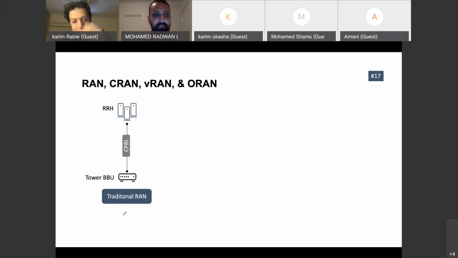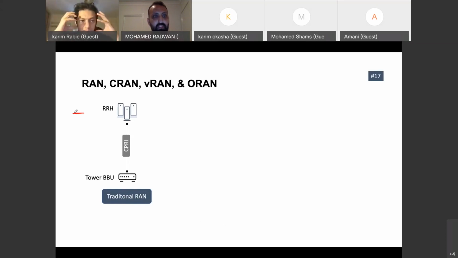Initially we started with something called traditional RAN. That's actually the 3G and 2G RAN. These are the towers that you see in the streets and in the towns and villages. What we used to see was antennas, radio heads or radio units, on the top of the tower, and in the bottom of the tower you have something called the BBU, the baseband unit.